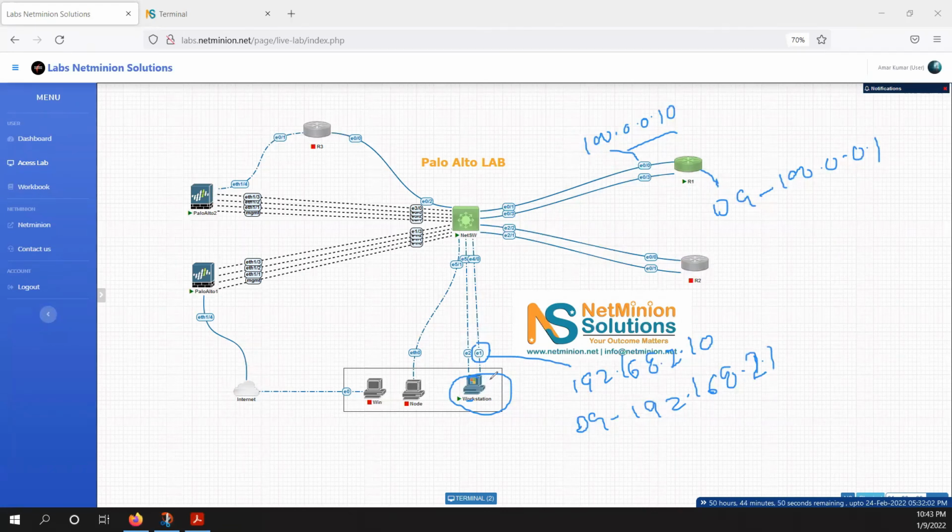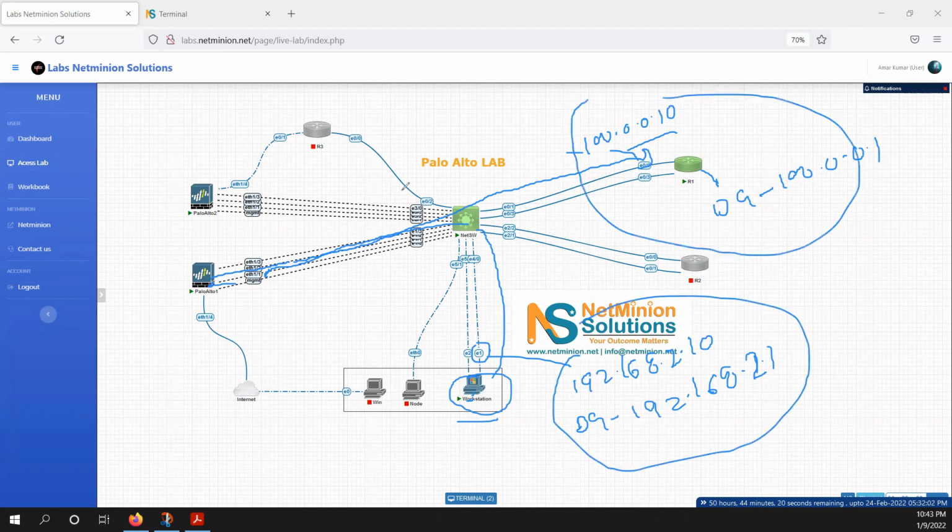So how would my traffic be going? Traffic would go to the switch. It is hitting the Ethernet 1/1 interface. Then it is going on the Palo Alto firewall. The Palo Alto firewall would check the policy. If the traffic is allowed, it would look at the destination 100.0.0.10, which it would be learning from Ethernet 1/2. So traffic would go through this interface to this destination, and the reply would come back via the firewall to this workstation. So this is how the traffic would go after assigning these IP addresses. So let's assign the IP and try to generate the traffic.